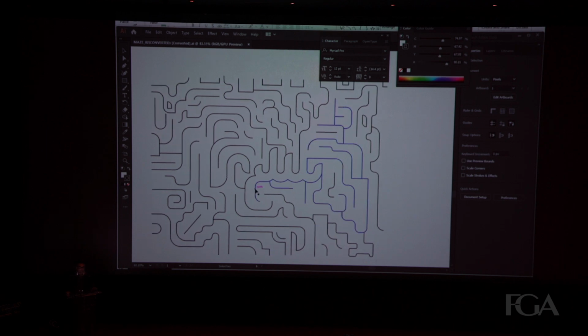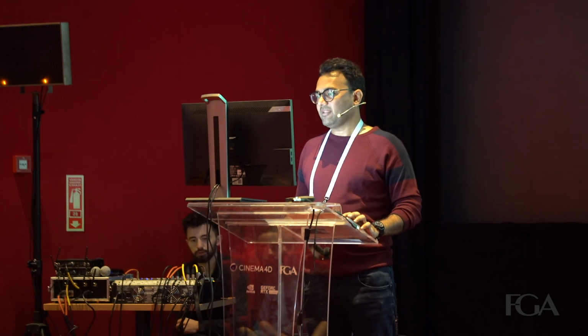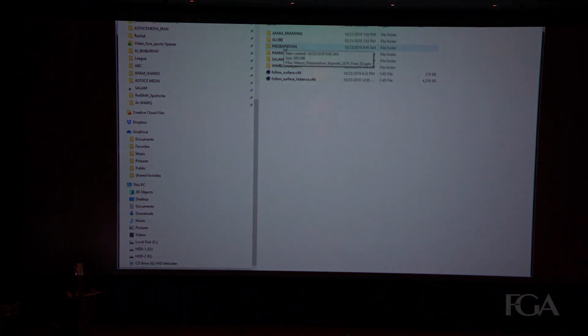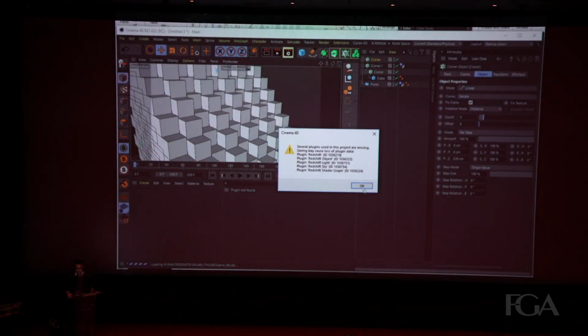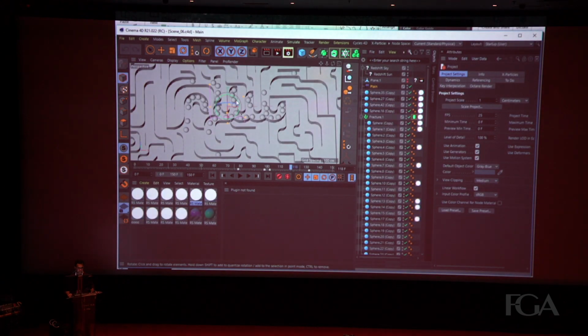So inside the maze, I wanted to see the Salam logo. So I drew this maze inside the Illustrator, and then exported it into C4D. Let's see if I have the final file. Yes, I don't have this right now.